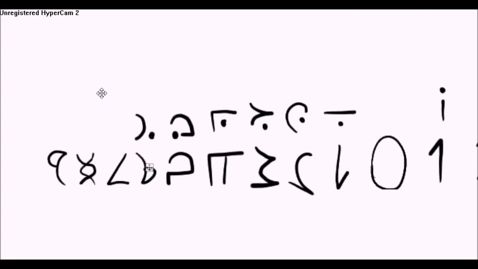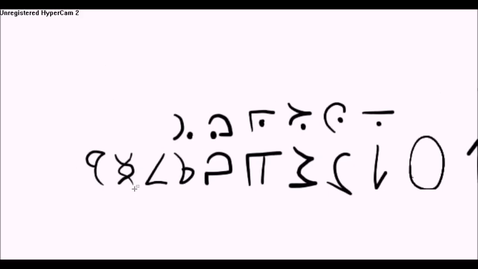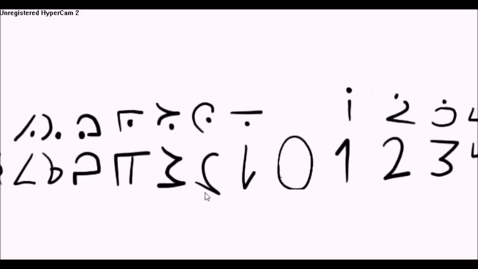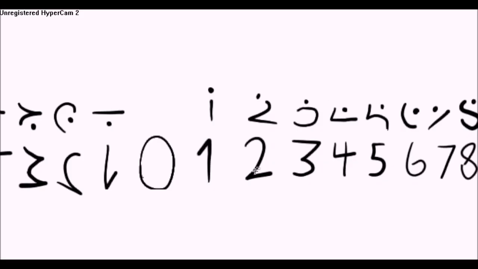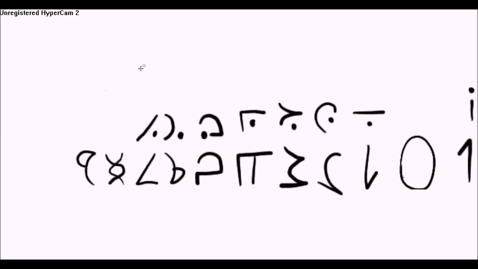Then -6I is a -6, but the loop is replaced with a dot on the bottom. -7I, it's just -7, but with a dot on the bottom, and it also is like a flip version of the +7I, so that's cool. -8I